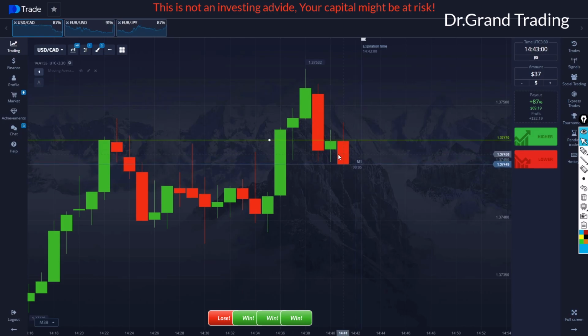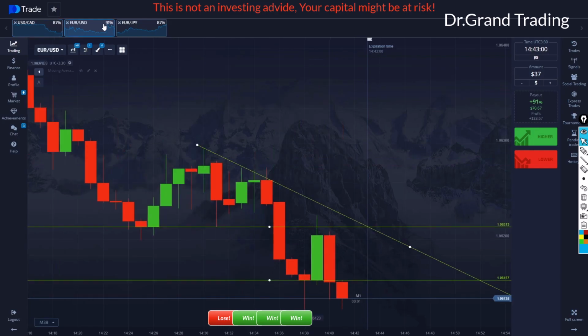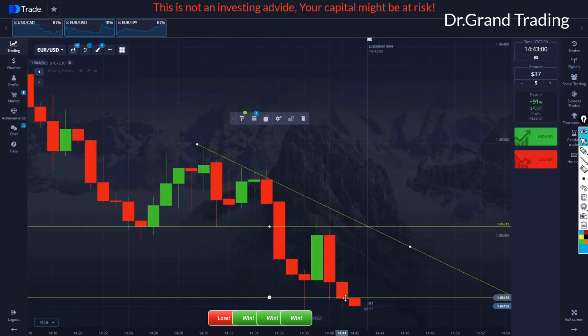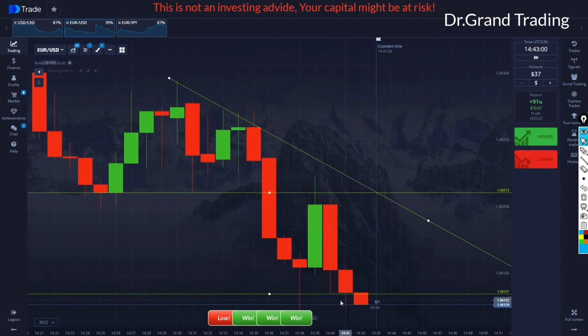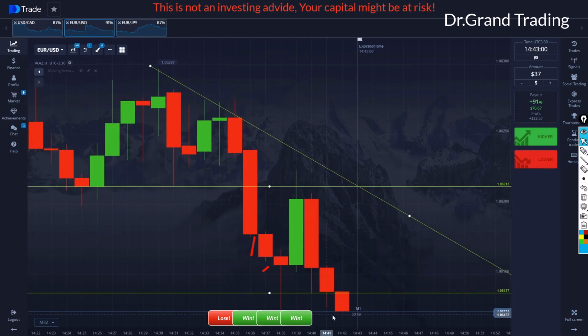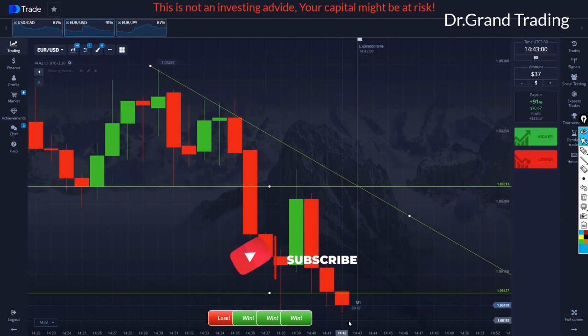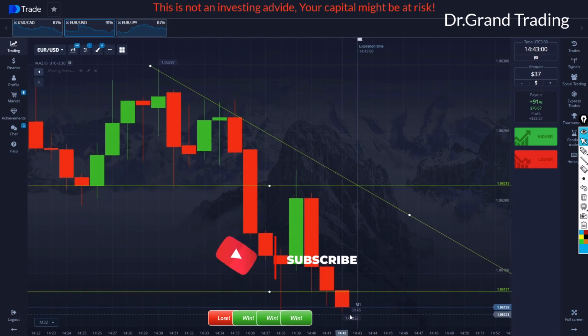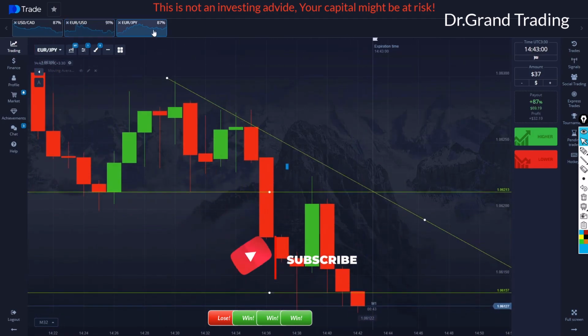Nice. It didn't break the previous candle's wick, so it's a sign that we can go up, but if I want to enter, I should enter with a margin of safety, but I don't want to enter against the trend, so